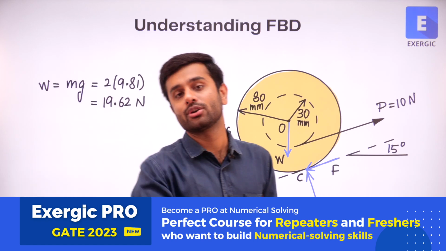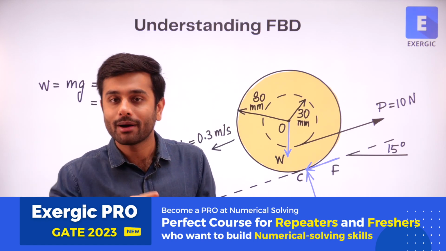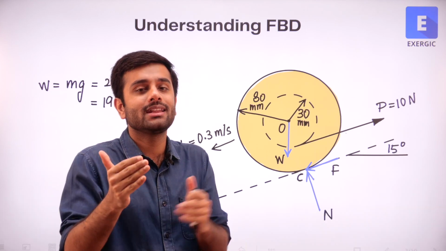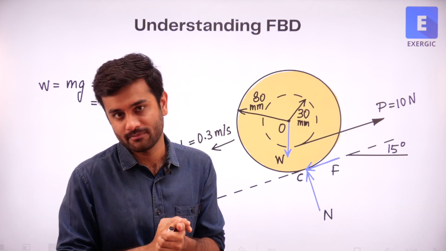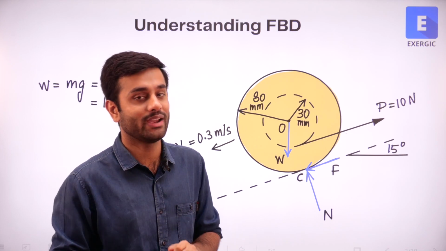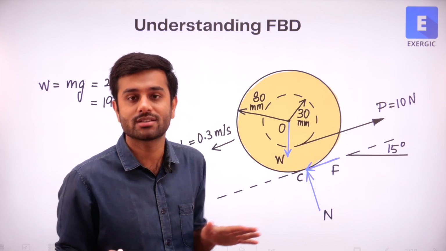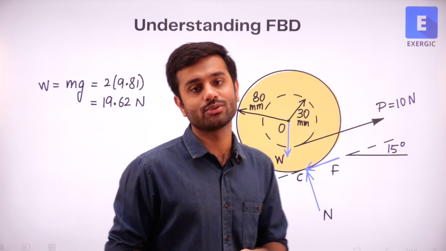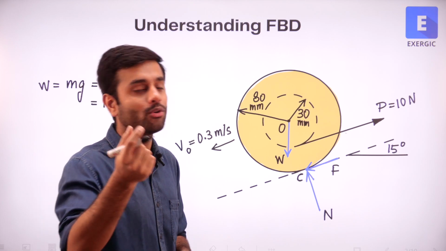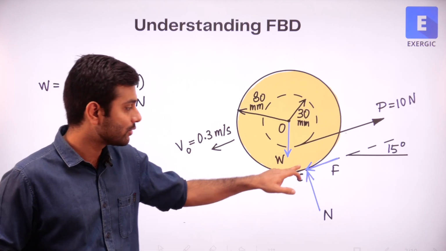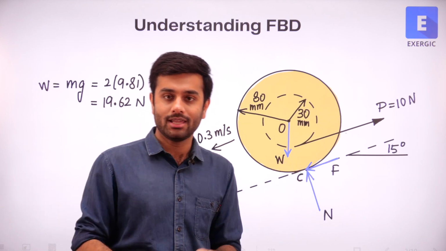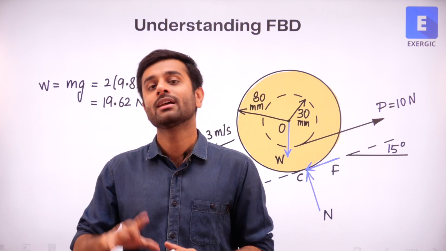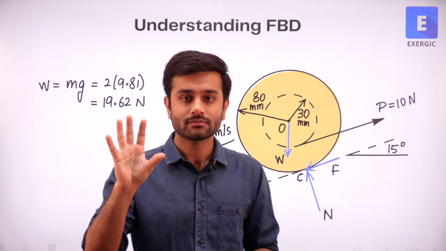But at this point of time, I am going to solve it by a different approach that will be slightly easier and require less calculation. You won't need to find out the direction or the value of friction. How interesting, how simple! It is very easy to do that by simply taking the moment about point C, the point of contact. Generally, whenever we discuss rolling, I'm sure you have seen throughout the lectures that whenever we analyze the moment,